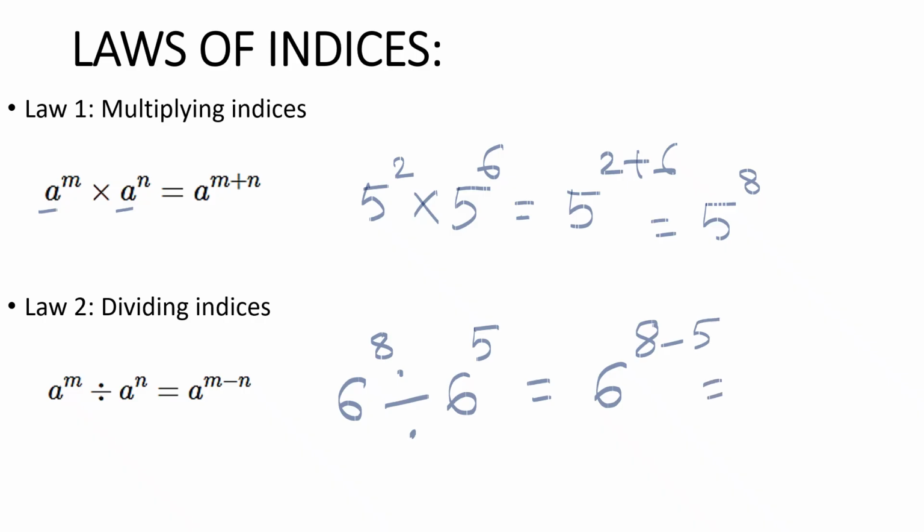So which will give me 6 will be as it is. 8 minus 5 is 3. Easy. Now next rule we are having over here is